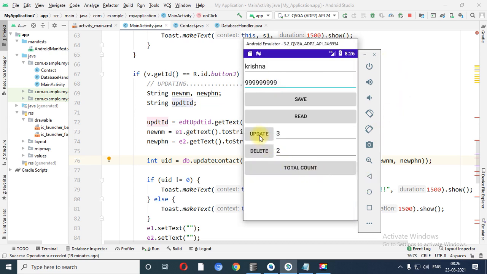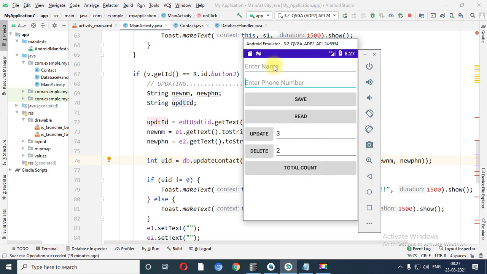Now you need to click on the update button. When you click on the read button, at that time the third record is updated with Krishna and all the numbers are 9. Let me click on total number of records, that is 2. So in this way execution is performed.